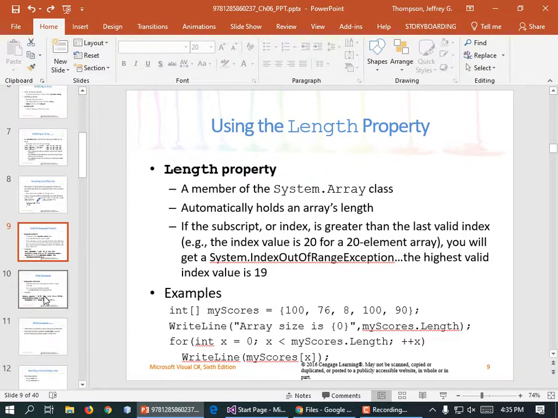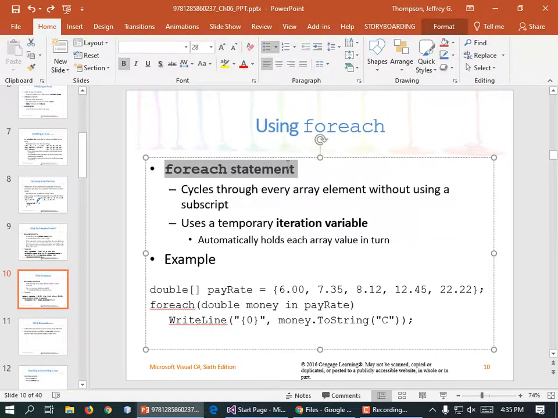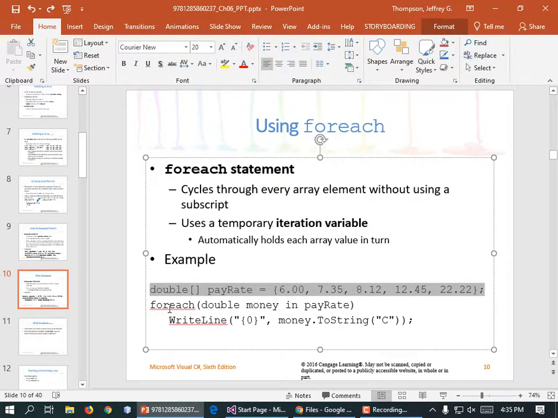Why don't we give a few examples? The for each loop will step through all the elements of an array. If we create an array called pay rate, you've seen this syntax before in Java, except it looked like this. Instead of the in keyword, you had that. You've seen this syntax in Python. It looked like this, except you didn't give a type. So for every money in the pay rate list,